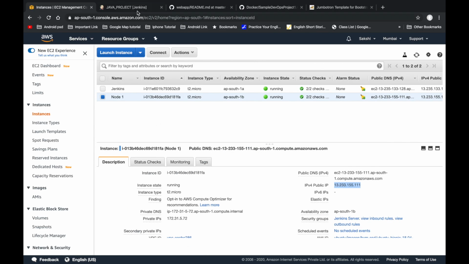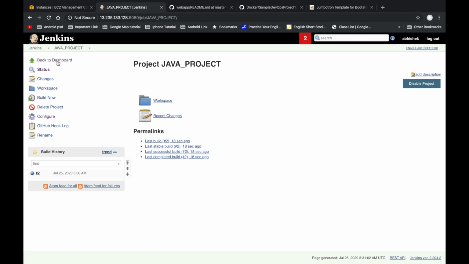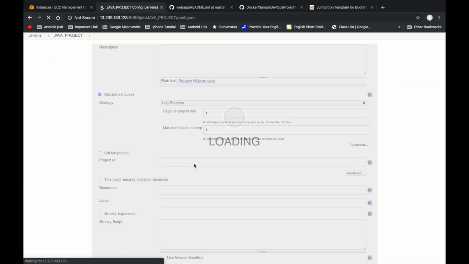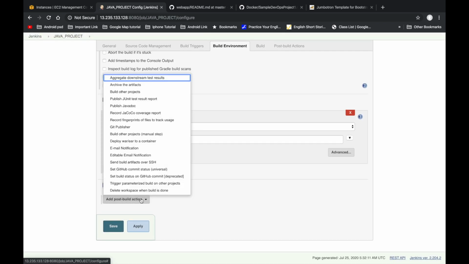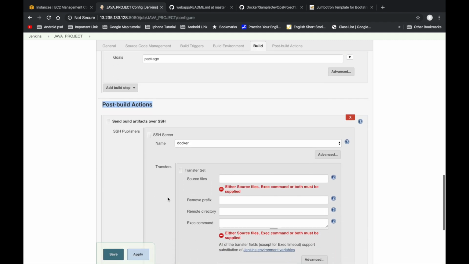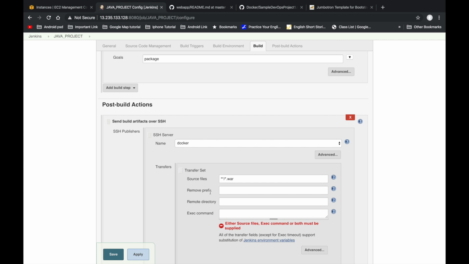just go here to our Jenkins project and go to the configurations section. Here we have to go to the post build actions. Once the war file has been generated, we have to click the option send build artifacts over SSH. The SSH server that we have defined in that section will come here, and here we have to provide the war file. If you want to remove the prefix, you can remove it here. So remote directory, our remote directory is